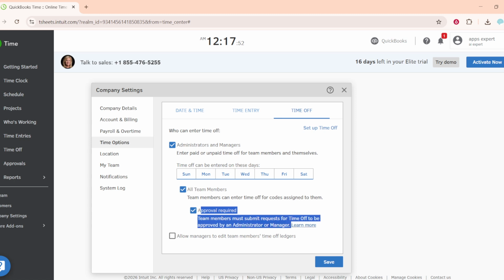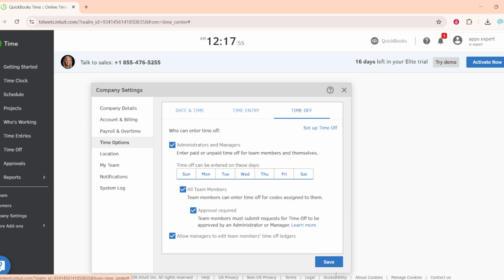When you're done, click Save to apply all of your approval settings. Don't skip this step. Saving locks in the workflow you've configured and ensures the changes take effect for everyone. From now on, any edits, notes, and time off requests will follow this approvals workflow. Your admins and group managers will be notified of timesheet notes and edits, and time off will require approval before it's finalized, giving you better accuracy, accountability, and visibility across your